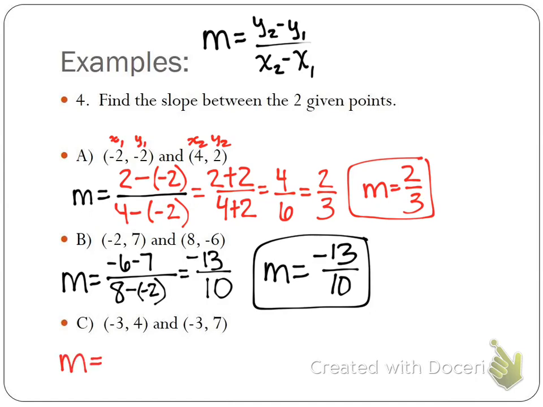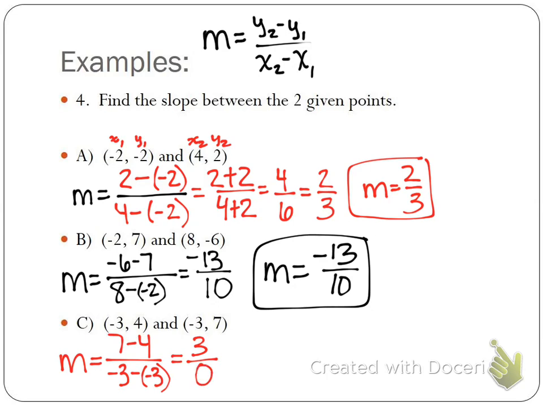Let's do letter C. Y2 minus y1, what is that? 7 minus 4. X2 minus x1. -3 minus -3, or -3 plus 3, whichever way you want to write it. 7 minus 4. 11. Oh, we're subtracting. It's okay. I'm so sorry. It's all right. We're subtracting in the top. In the denominator, we do end up adding. -3 plus 3 gives me